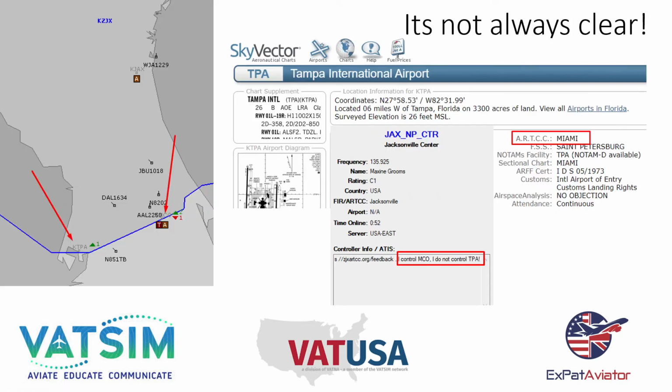Okay, one last example that it's not always clear. If you look at Tampa down here, Tampa looks like it sits inside Jacksonville, so you would think Jacksonville Center would control Tampa, but here's the controller notes for Jacksonville that were on just this evening. I do not control Tampa. Okay, interesting. If we look at the chart supplement for Tampa, you can see that the ARTCC that's controlling Tampa is Miami, which is this one that's further down, not Jacksonville. So sometimes these edge cases, you can check that controller info,